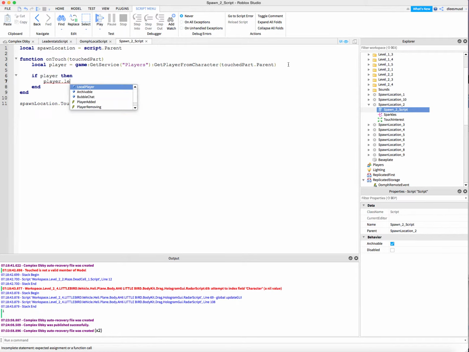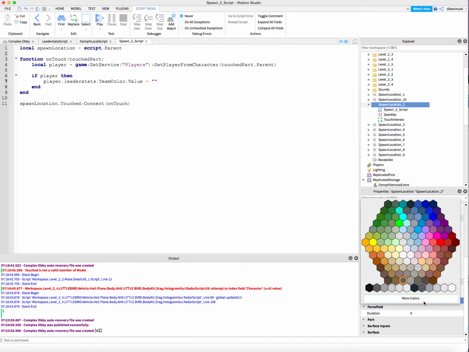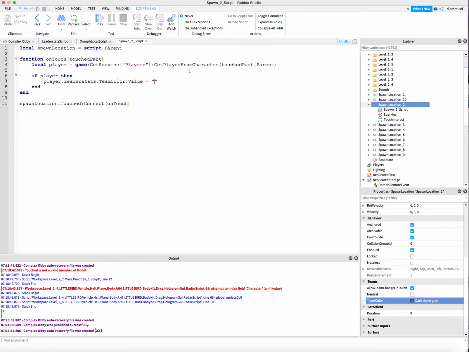So let's say player.leaderstats.TeamColor.Value is equal to this spawn location's team color, which is going to be here. And make sure you're very careful when you're typing in Dark Stone Gray. It's gray with the EY, and these two words are lowercase, and this one here is uppercase. We want to put all of that inside a set of double quotes,